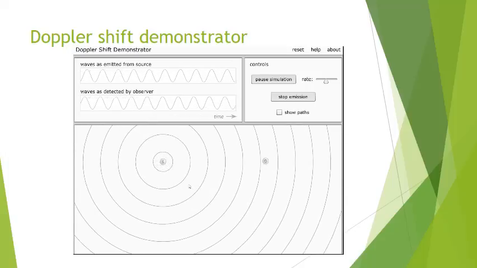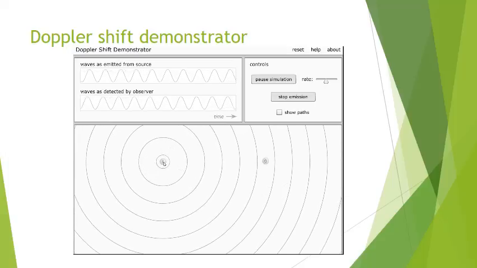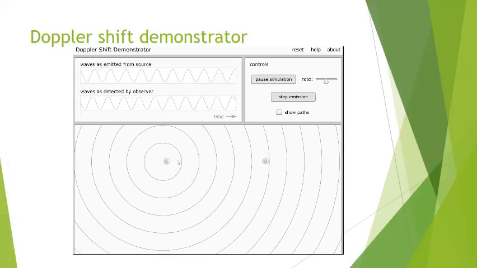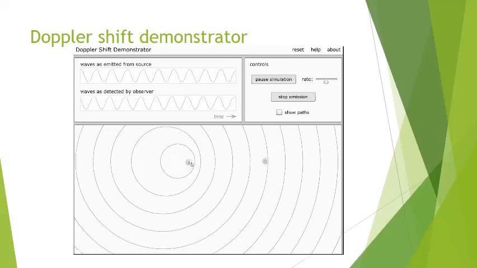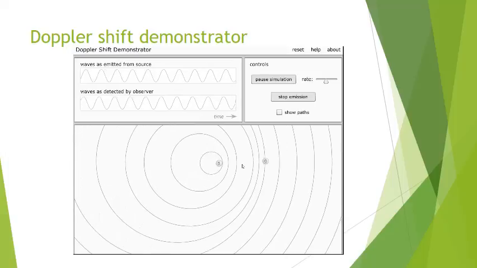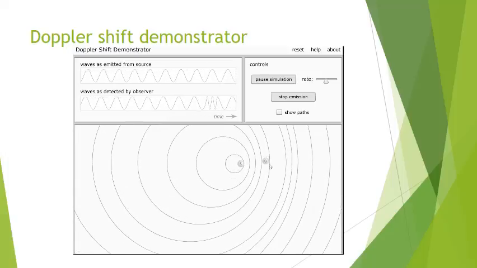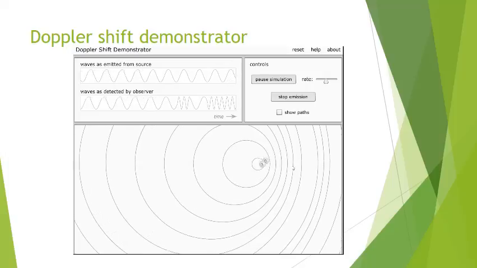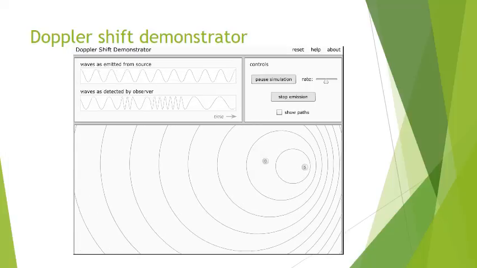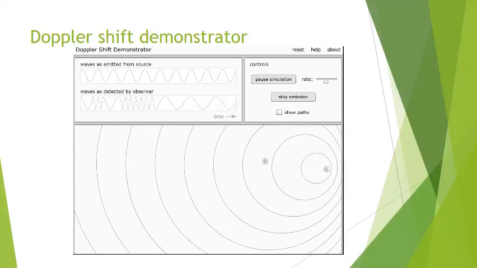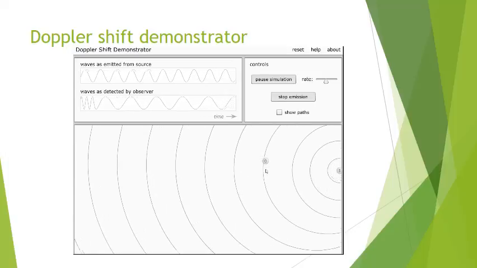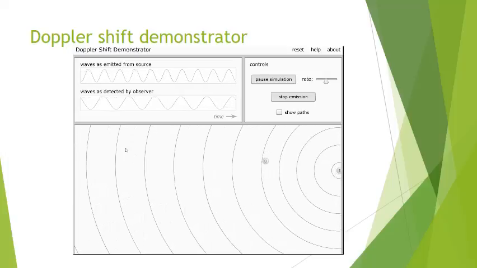Now let me have my source move toward the observer, and actually it's going to then pass the observer and then move away from the observer. And notice what happens when we consider the frequency of the wave received by the observer. Notice how the frequency goes up as the source approaches the observer, and then it decreases, becoming smaller as it goes away from the observer. Again, we saw blue shifting as the source approached the observer, and then red shifting as the source moved away from the observer.